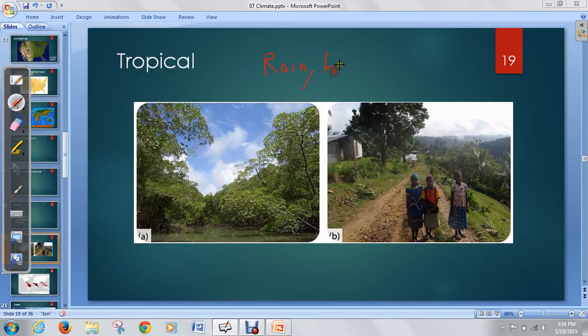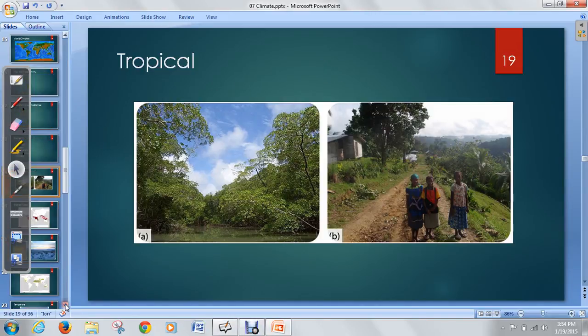Or pretty warm. So places like the rainforests, the Amazon, the coast of California, Mexico, Indonesia. This is a picture in Indonesia, I believe. All those areas are going to be considered tropical because they have rainfall and they're hot. Now, obviously, there are going to be some differences. Some are beaches, some are forests, but they all share this common trait. So we give this its own biome. This is the tropical biome.